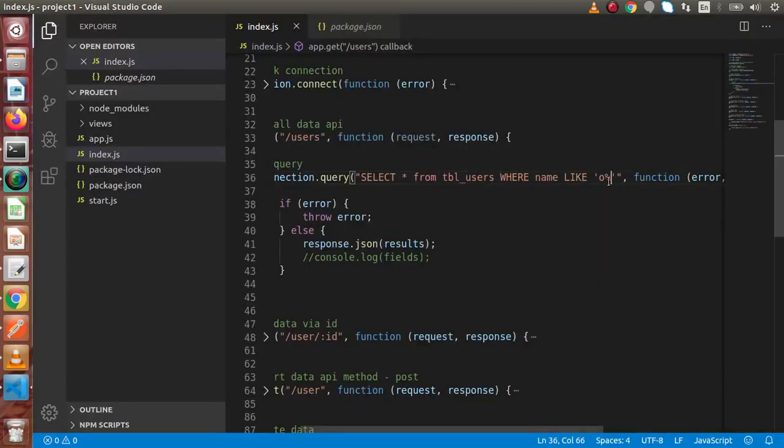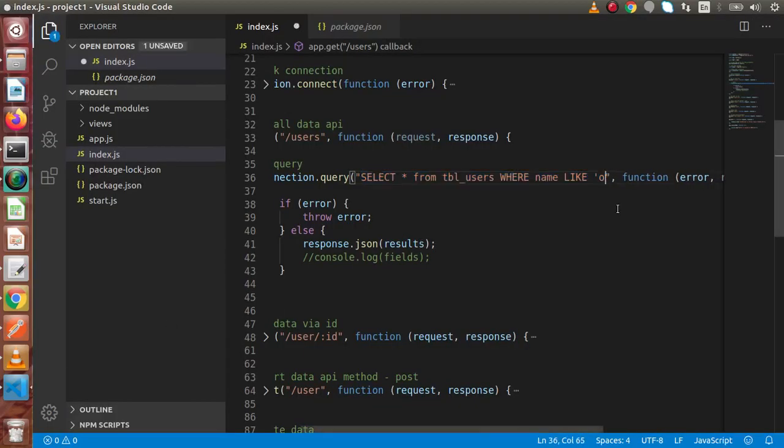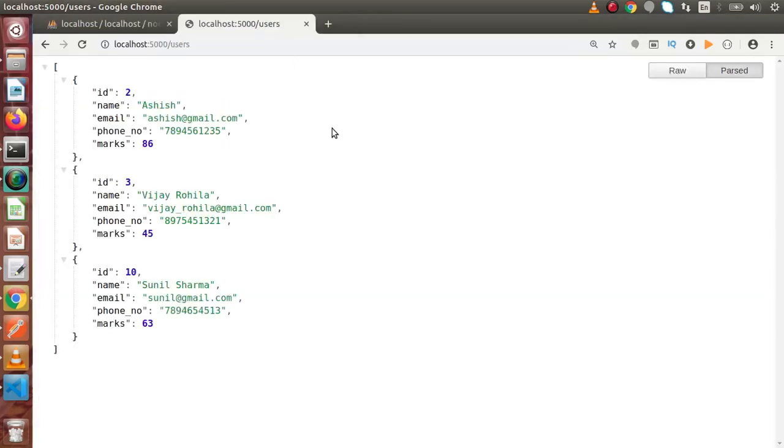Again back to the code editor. Before that, I copy this MySQL query and paste it here. Now we want to select all the users whose name contains at least an A character. The position does not matter here. It means the position of A can be anywhere. There can be any characters before A, or it can be the first character, but the name will contain at least an A character. If we save these changes, go back to our output screen and reload this page,